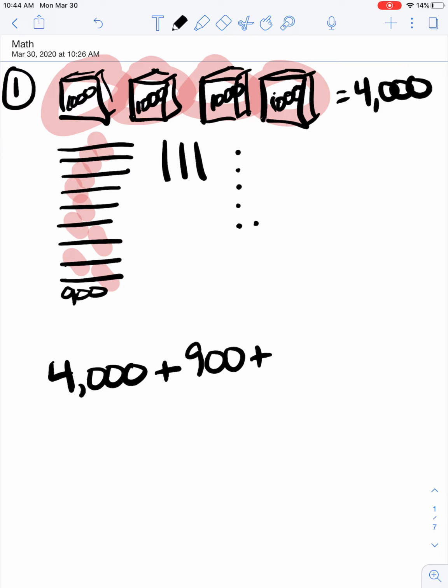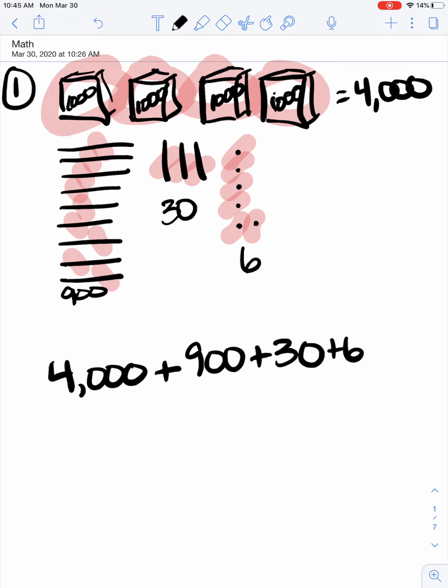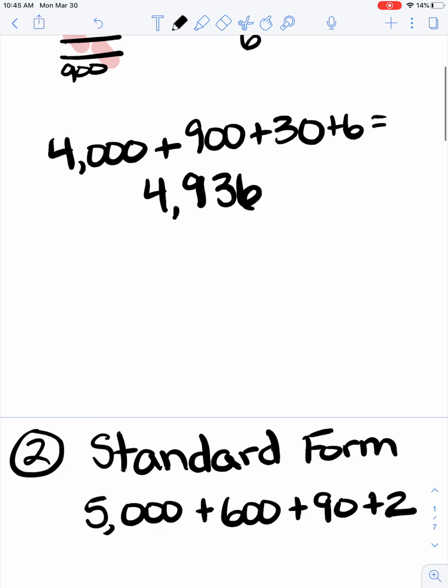Then we have the bars going up and down, and those equal 10 each. So 10, 20, 30. And last, our dots, or the cubes on your slide, are our ones. 1, 2, 3, 4, 5, 6. So when we put these together, we have 4,936. Okay, let's move on